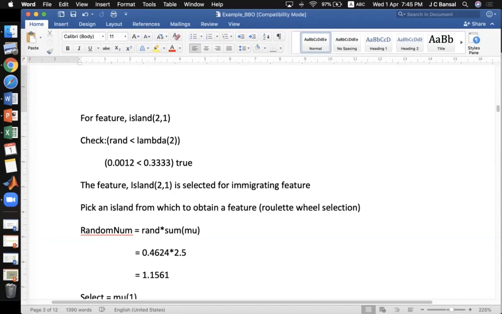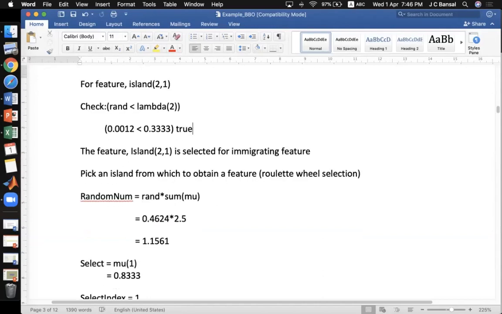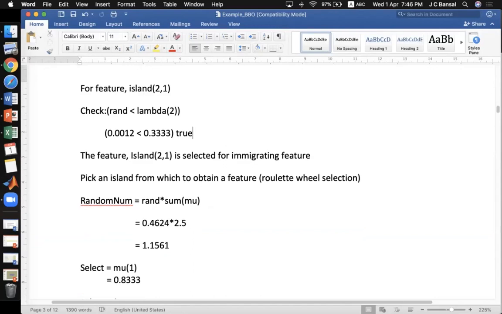The second island's first feature is ready to immigrate. So now, according to our theory, the algorithm I mentioned yesterday about the migration operator, once you have identified the immigrating habitat, then you have to identify the emigrating habitat.